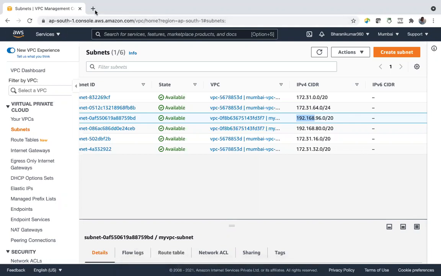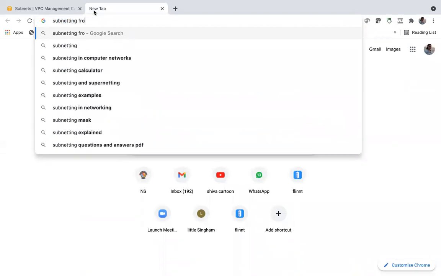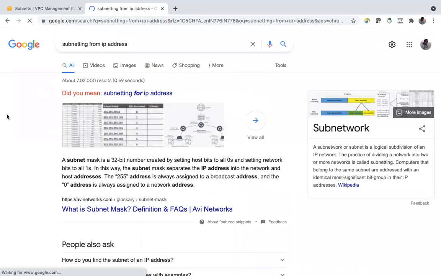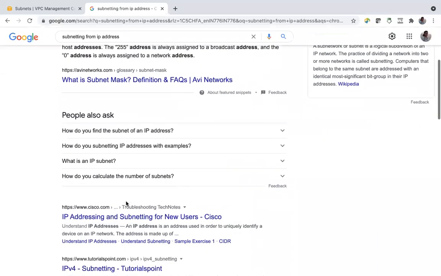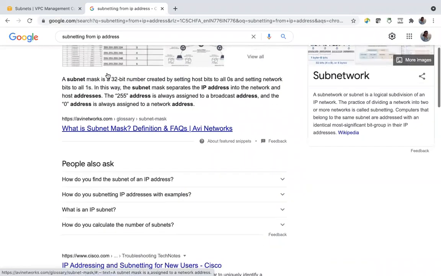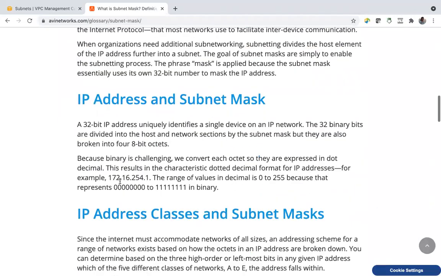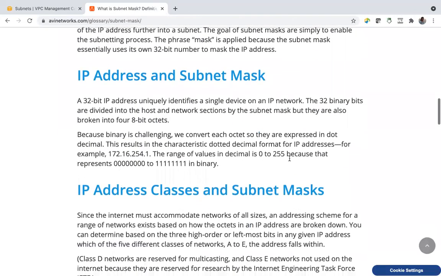Let us search subnetting from IP address. Let's go with this one. Sometimes, for the subnet mask, if you go to your command prompt and run ipconfig, it will give a lot of details.